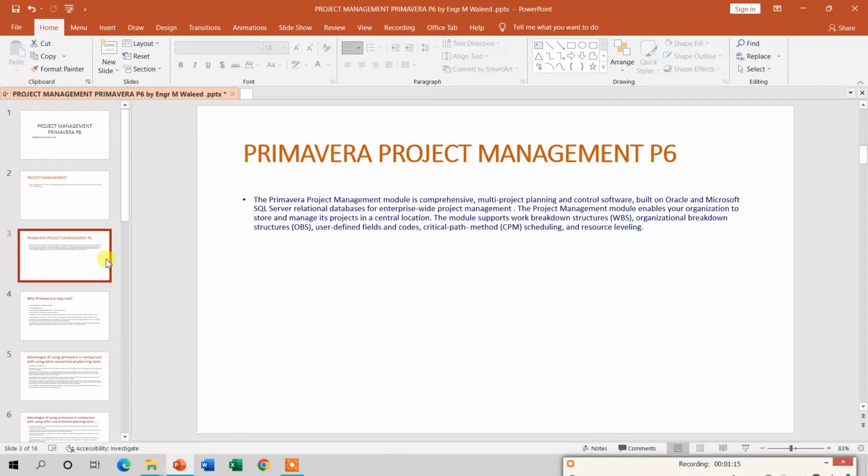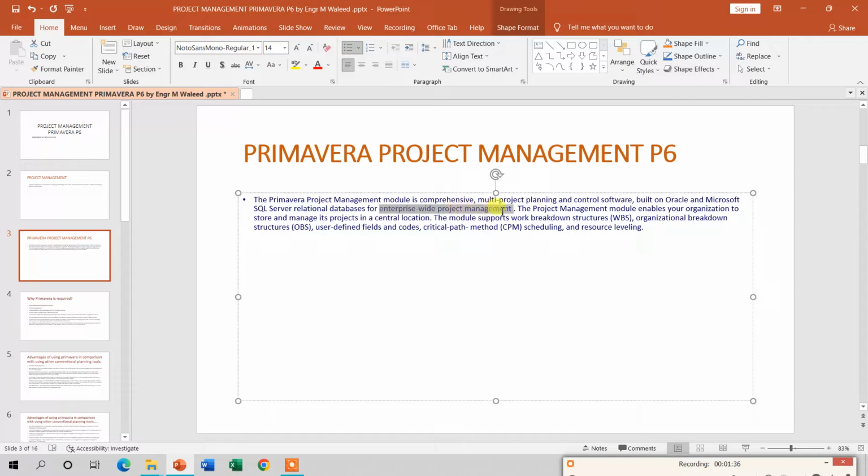What is actually Primavera P6 management? The Primavera P6 project management module is comprehensive and we can use it in multi-project and control software. It is also used in shutdown projects and in oil and gas projects. In enterprise project management, the project management modules enable your organization to store and manage its projects in a central location. The modules support work breakdown structure WBS, organizational breakdown structure OBS, user defined fields and codes,